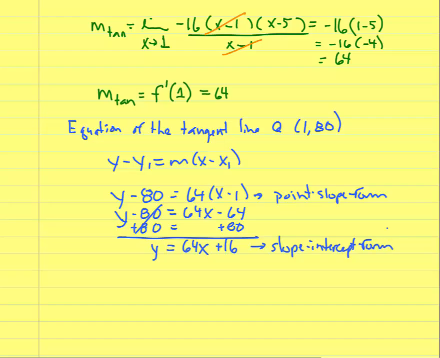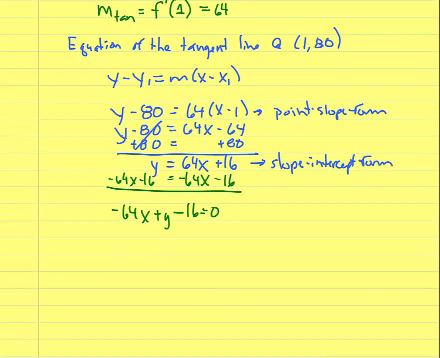Now we can go one more if we want. I could move everything across to the left. I could subtract over that 64x and subtract the 16. And I'd have a minus 64x plus y, because I'm going to write these in order, minus 16 equals 0. Now usually you don't like your leading coefficient to be negative, so we'd multiply through by a negative here, and I'd have 64x minus y plus 16 equals 0. So this is our general